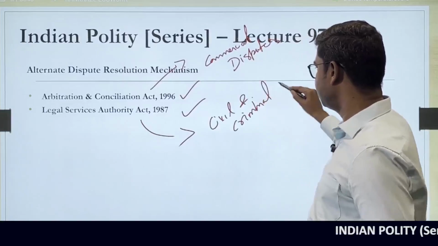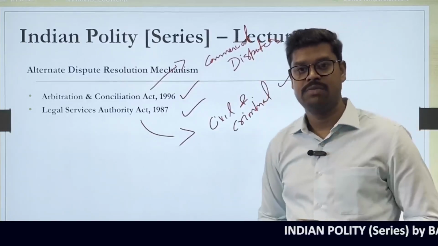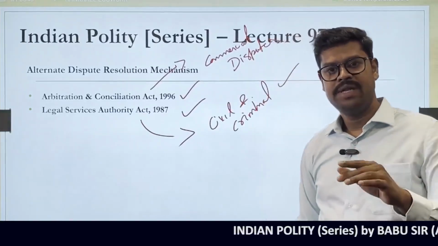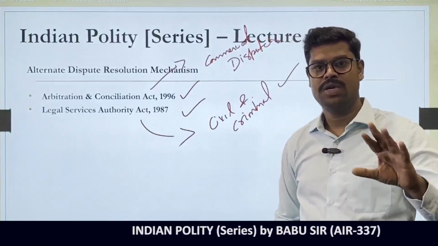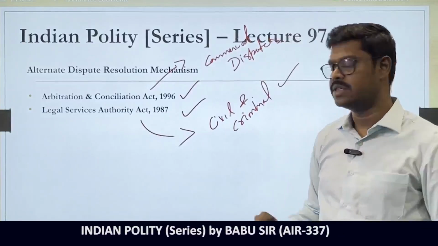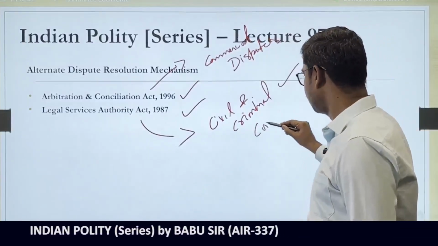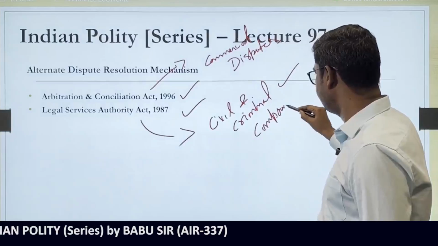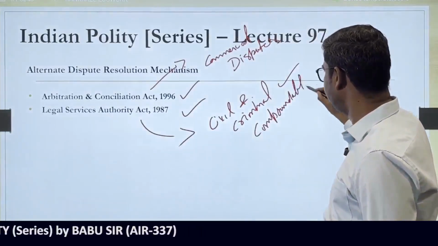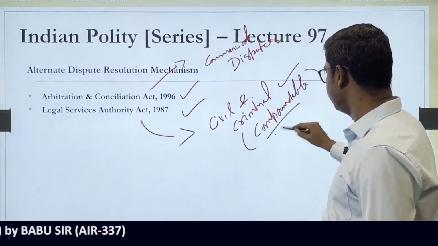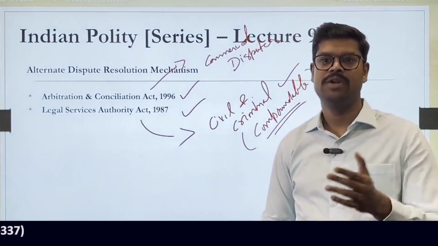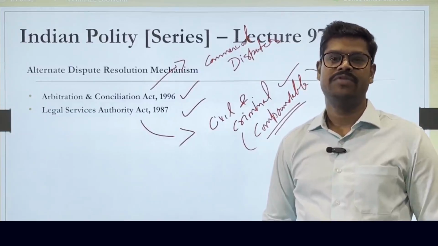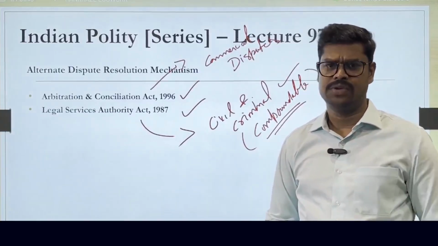See, the key word is that it can also be used in criminal disputes. Does it mean that people can go for alternate dispute resolution, that is out of court settlement, in all criminal disputes? No, not in all criminal cases, but mostly in cases which are compoundable in nature. So, what is a compoundable offence? I will discuss that a little later, but keep in mind that this is possible in the case of offences which are compoundable in nature. Compoundable offence means offences which are petty in nature.